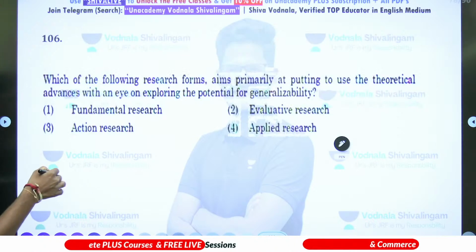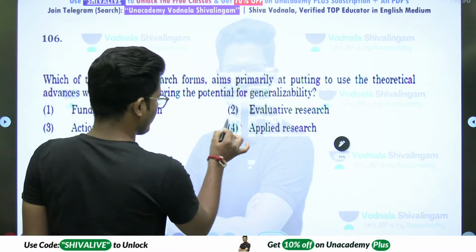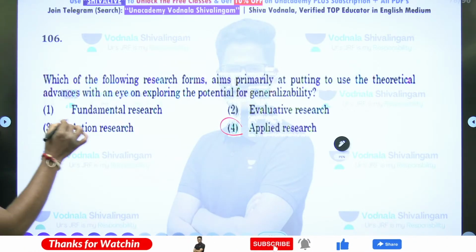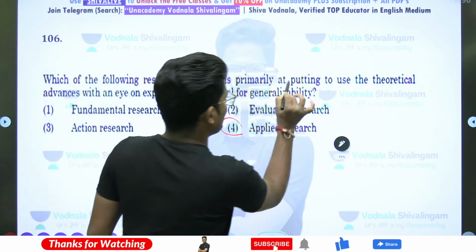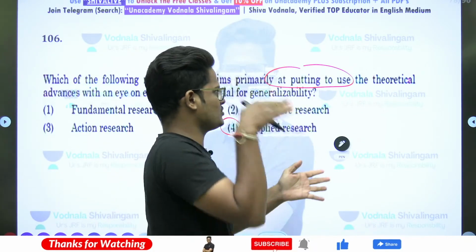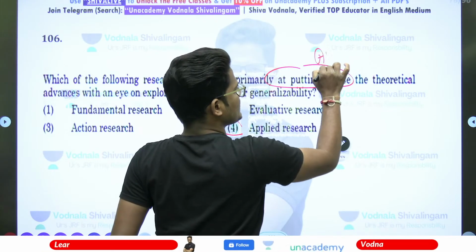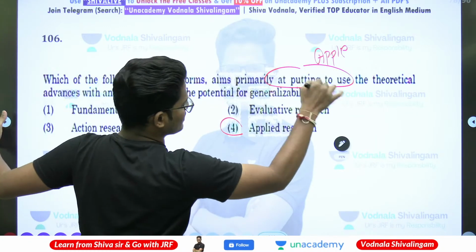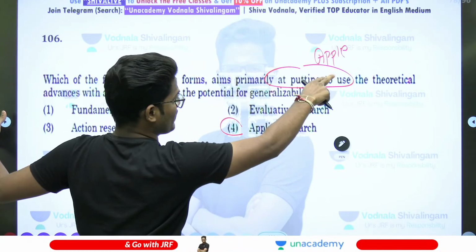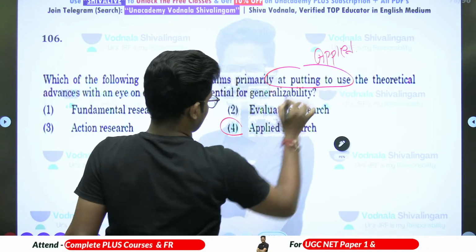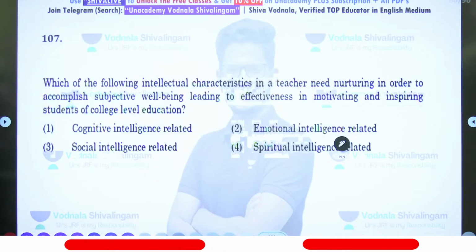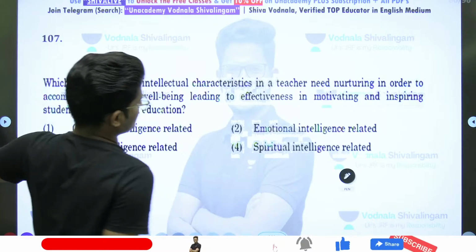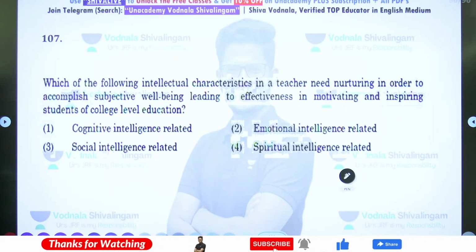Answer for this question is that 4. Why 4? Because primarily the main purpose is to use it, means apply the theory. Putting to use the theoretical advances. Putting to use the theoretical means whatever theory we prepared, we are going to apply it. That is applied research. Practical. Next. Which of the following intellectual characteristics in teacher need nurturing in order to accomplish subjective well-being leading to